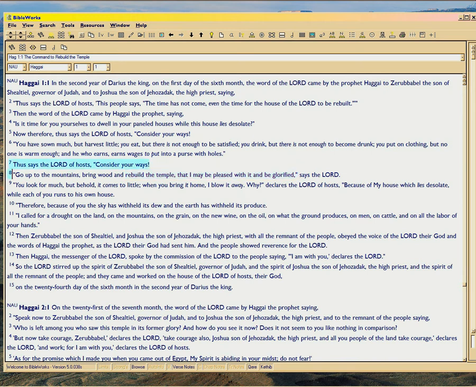So consider the balance. What's the balance between all of your works, all these things that are highlighted in blue are works, versus learning the Word of God? Consider your ways. How are you walking? Are you walking one-sided, doing all this stuff for people? And what about your house of thinking before God? That's the house you got to build.